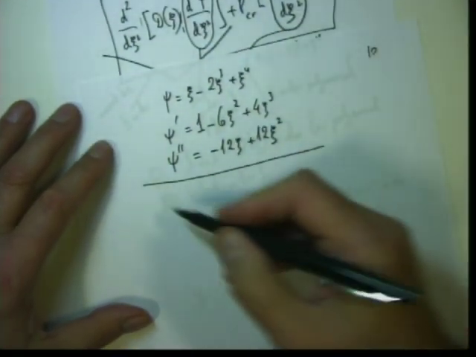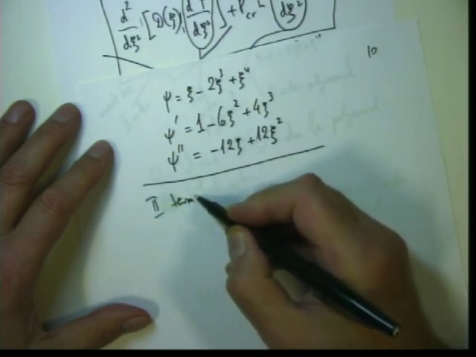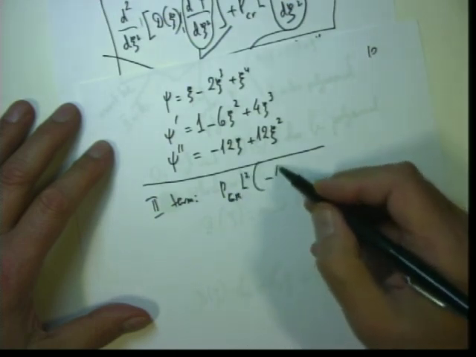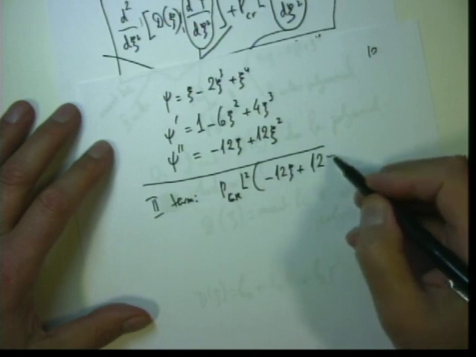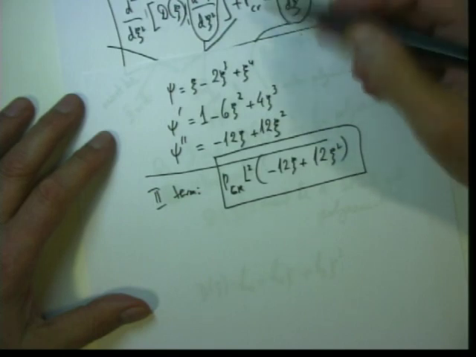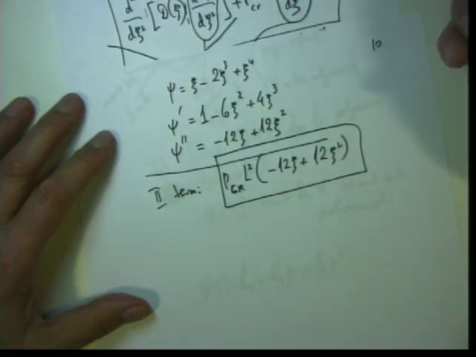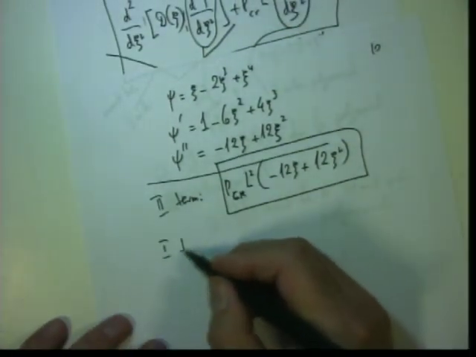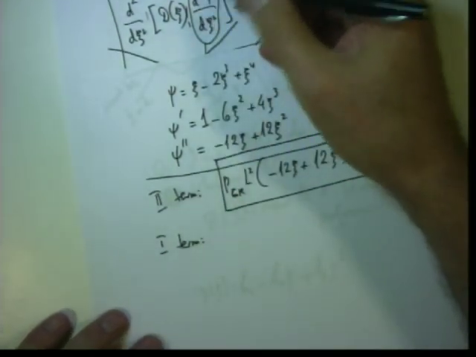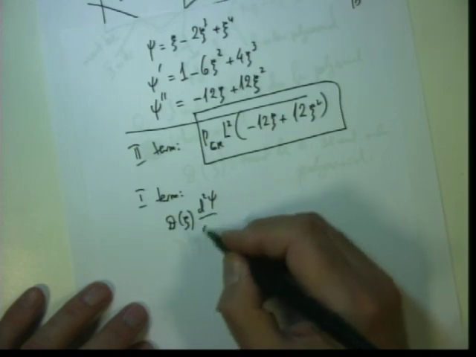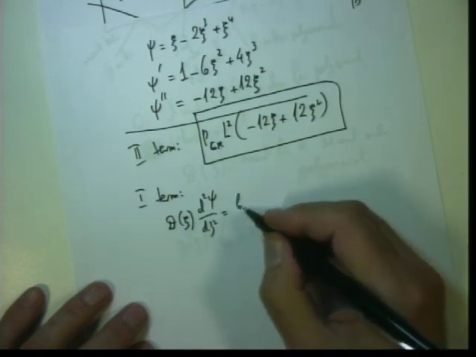So the second term will be P critical L squared times minus 12 xi plus 12 xi squared. That is the second term. Yes? Now the first term. So this guy we know, this is second order. So let us calculate D of psi times d2psi/d xi squared, which equals b0 plus b